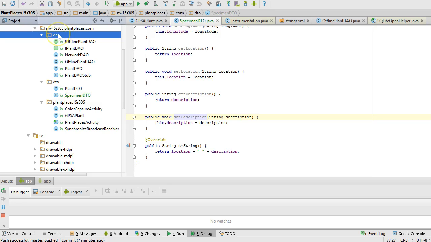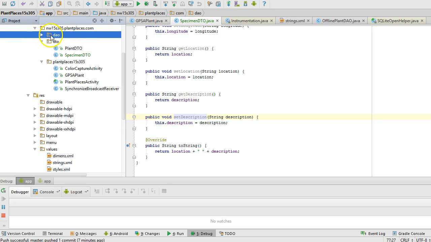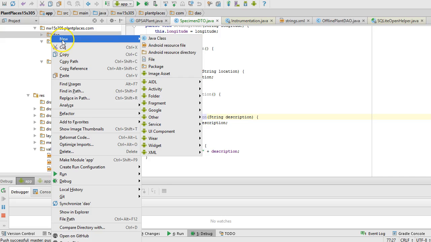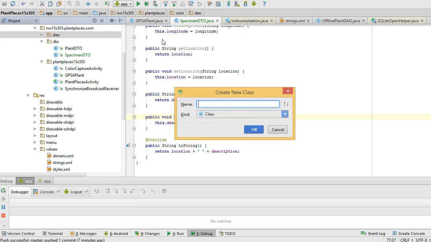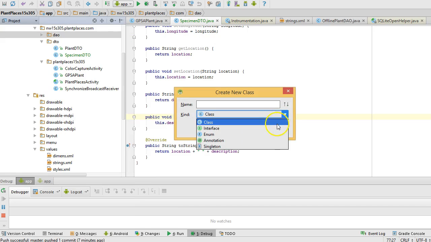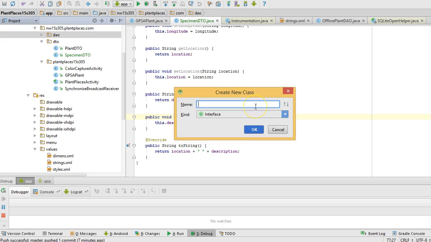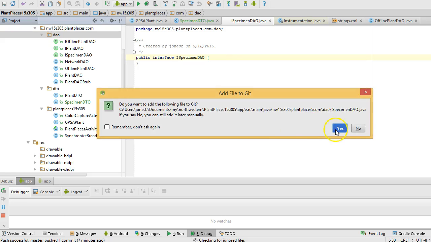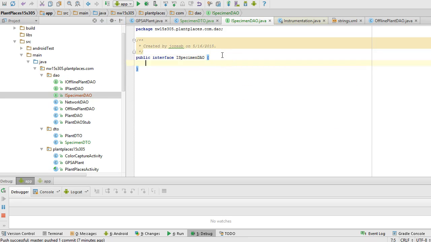So for the DAO, I'm going to go up to the DAO package, right-click, and say New, then Java class, and for kind, we're going to say interface. I'm going to call this ISpecimenDAO, and I'm going to choose OK. Okay, that's fine. So for this, I'm going to say public void saveSpecimen